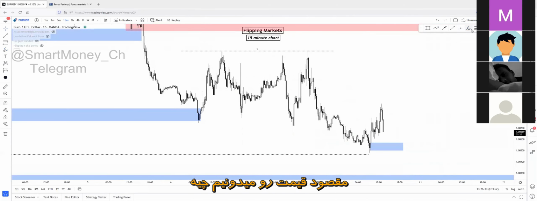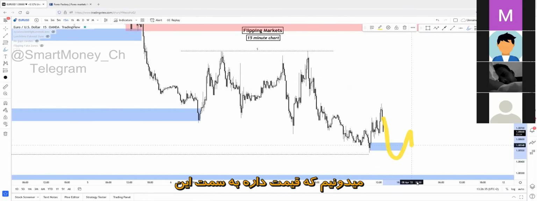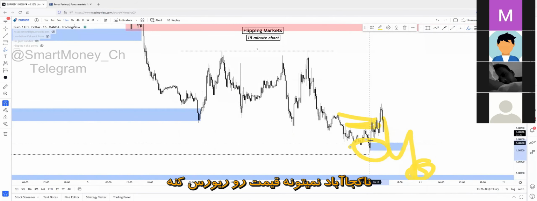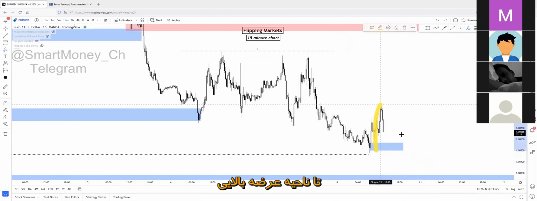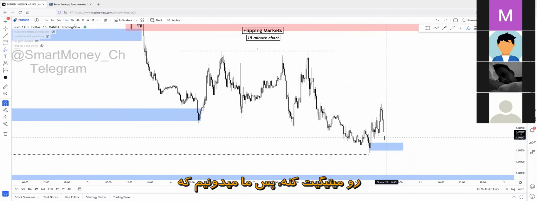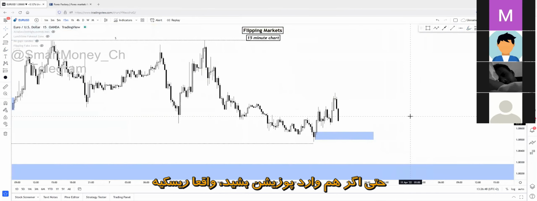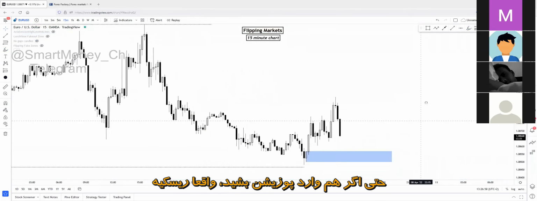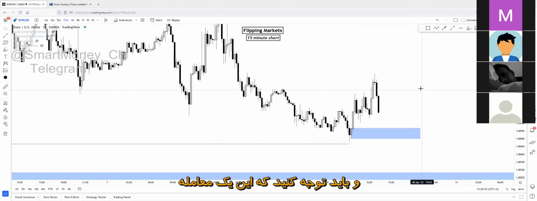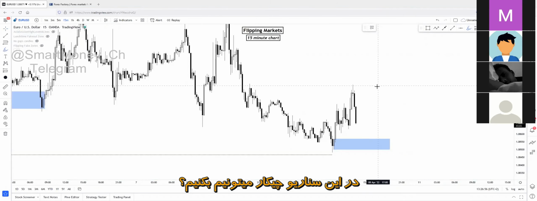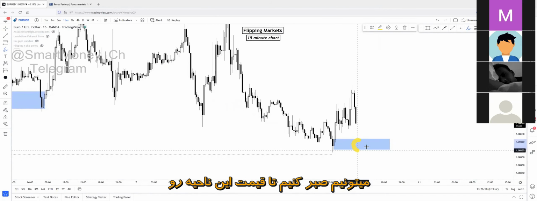We know the intentions of price. We know that price is heading down to this deeper demand area. And this random change of character in the middle of nowhere won't be able to reverse price to mitigate the higher time frame supply area right here. So we know that we won't be able to open a position right here at this demand zone, or even if we can, that will be risky, and you have to notice that it will be a counter trade. So what can we do in this scenario? We can simply wait for a tap of this zone.